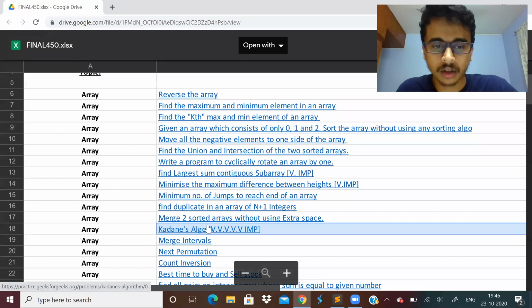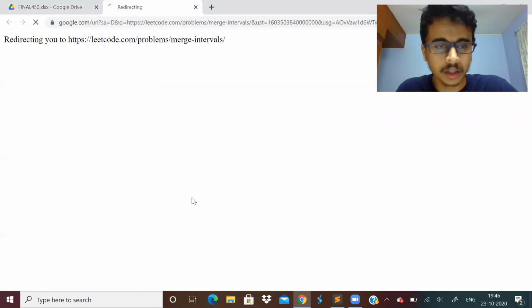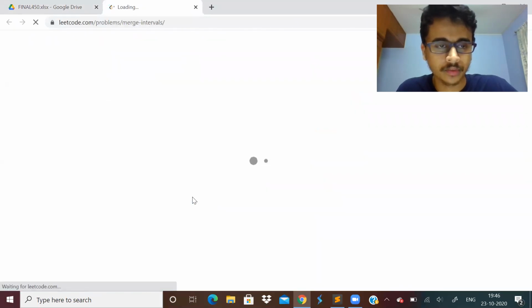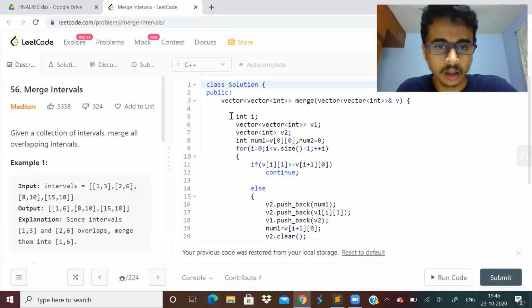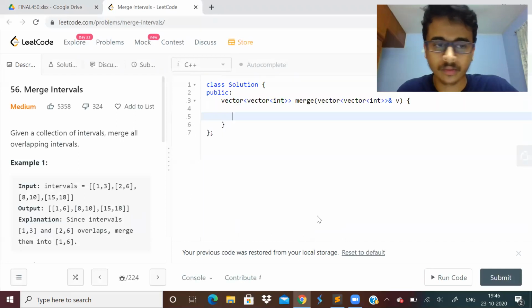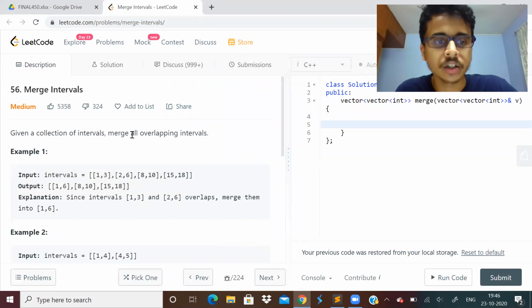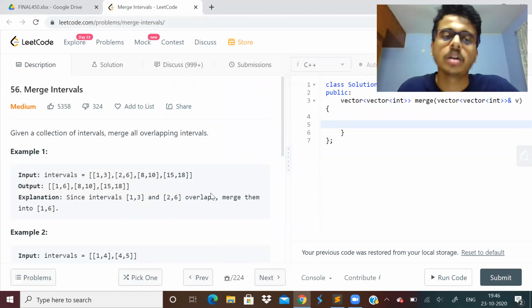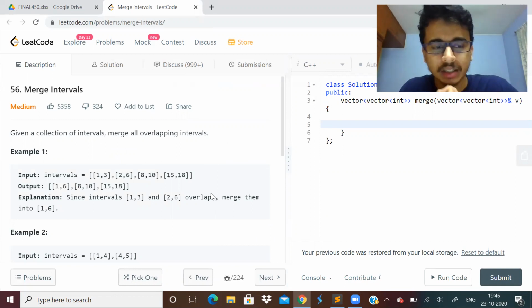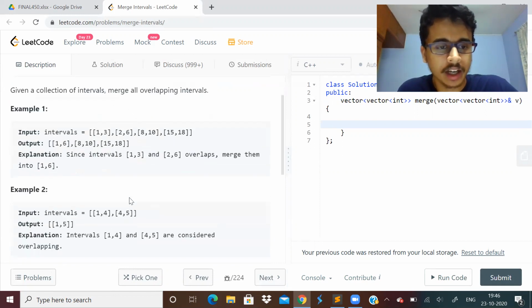Next problem for today will be merge intervals. Given a collection of intervals, we have to merge all the overlapping intervals. Okay, so the best way to solve this problem will be, let us first look at the test case, okay?